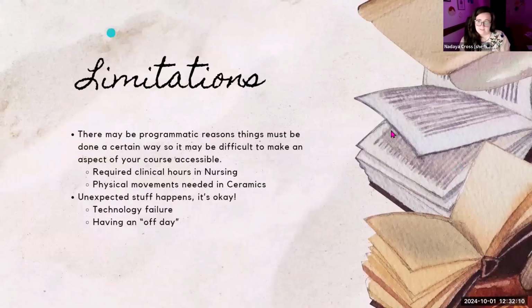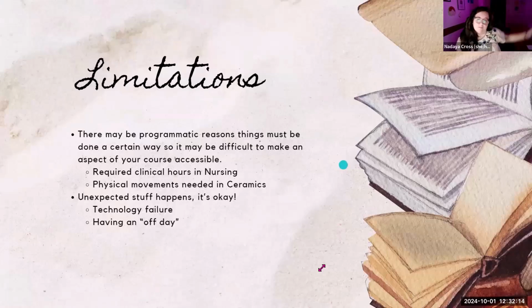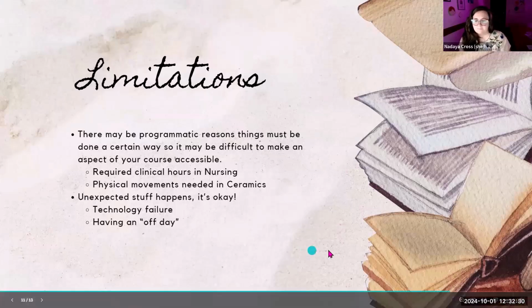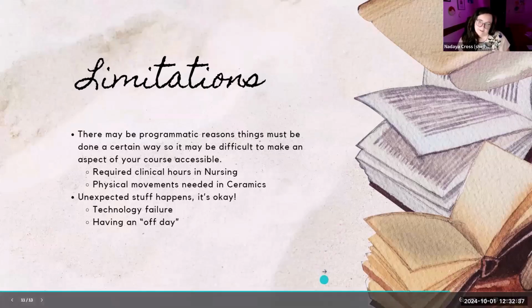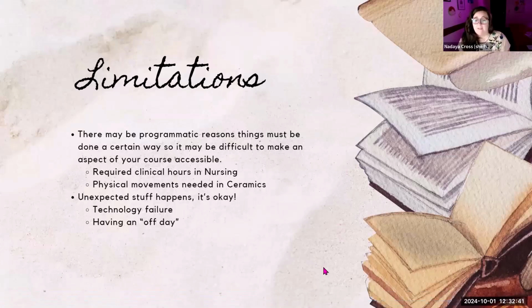Even with access, there are limitations. So we can plan beautifully for everything in the world and just think this is the best class ever. I'm so accessible. I'm recording. I've shared my slides ahead of time. My exams are untimed. There's no group work. It's perfect. And then unexpected stuff is going to happen. It's totally okay. Maybe one day you have a technology failure and Panopto's not recording. It happens. It's fine. There can be a backup, or that's the day that students, you don't need to pull out your phone and record yourself.